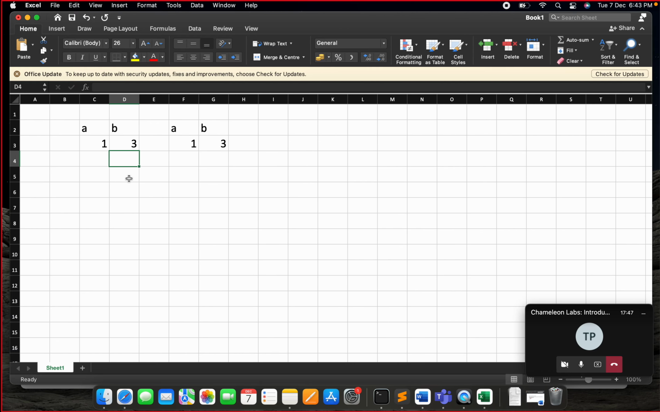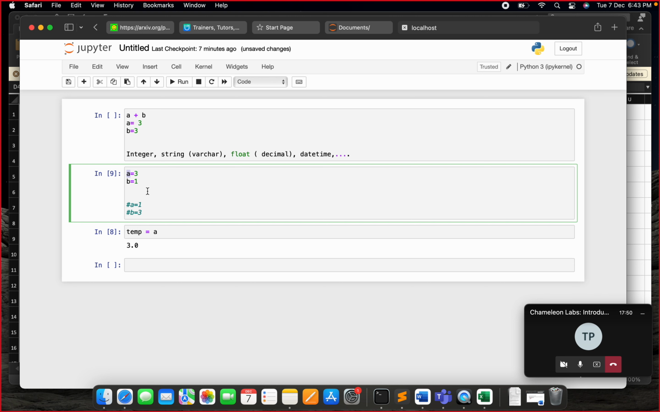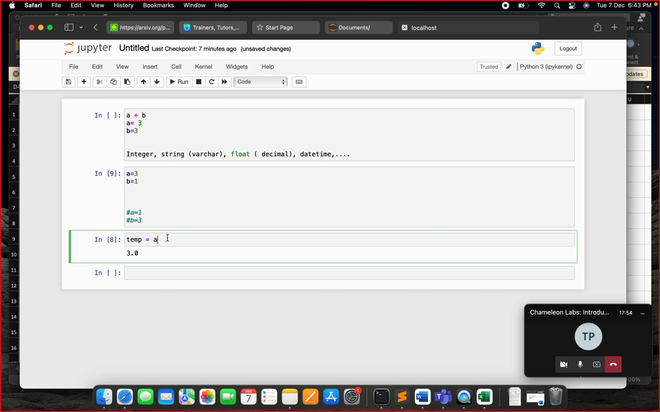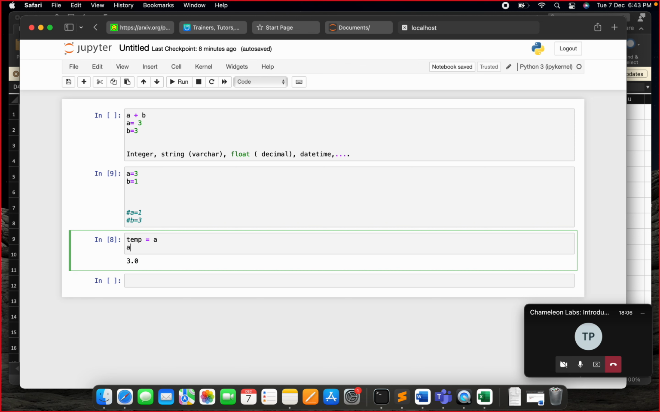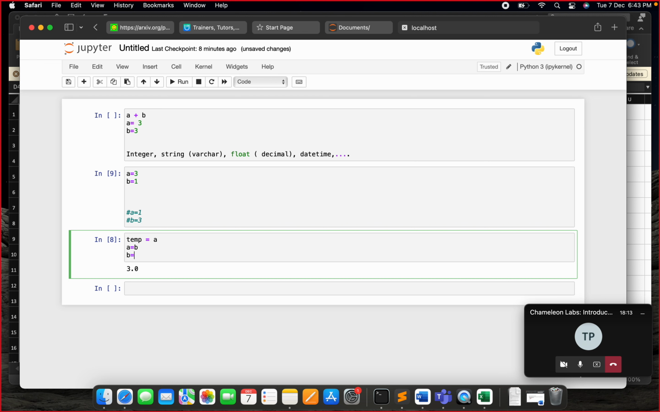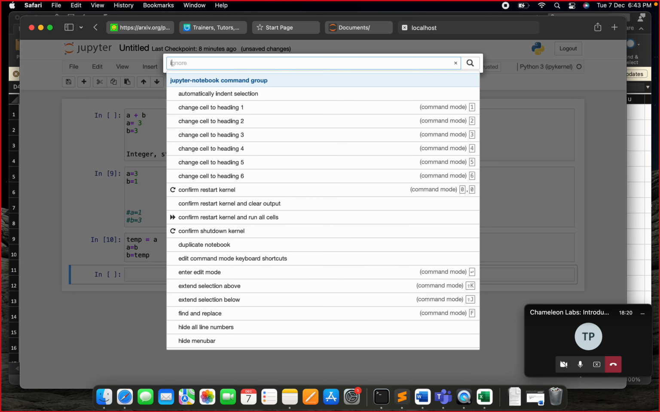To write the same logic in Python, I have already set a equals 3 and b equals 1. So I will create a temp which is a. Since I have stored the value of a, now I can change the value of a, and now I can change the value of b. This is what I did in the Excel representation, right? So if I do this